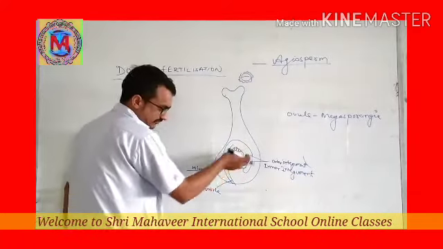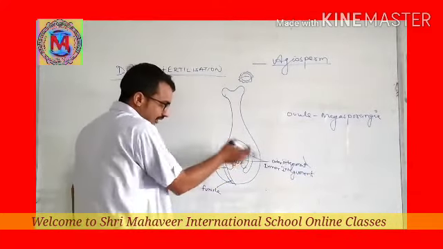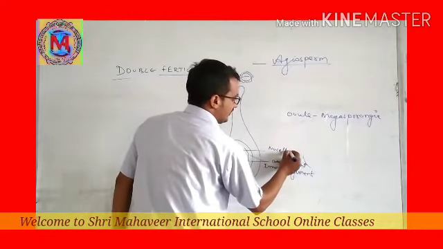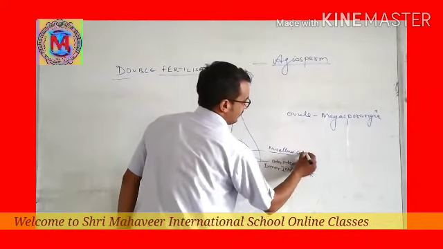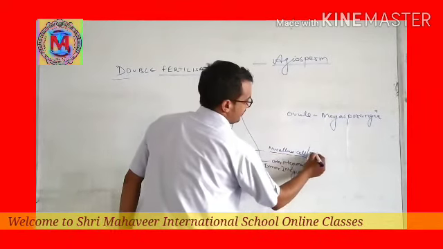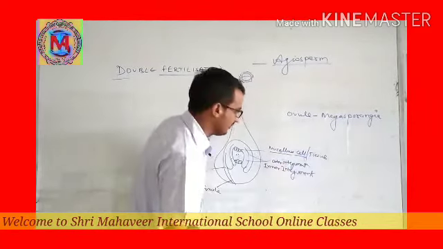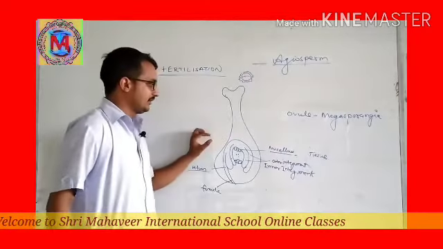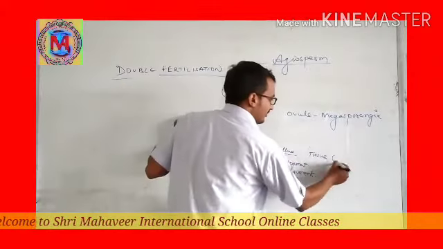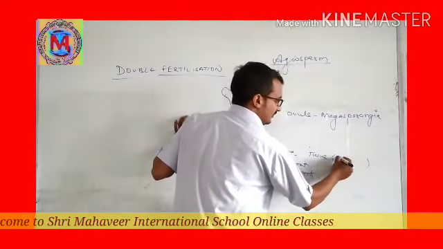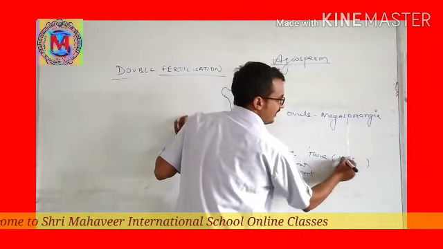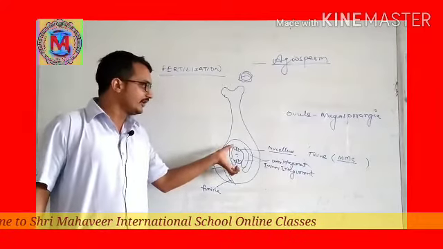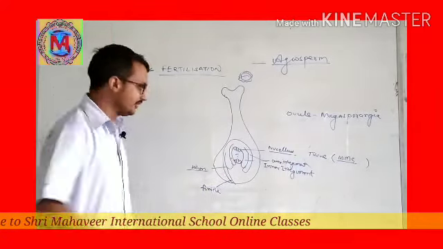And this one. Which kind of cells are there? Nucellus cells or tissue. Nucellus tissue is present in this. And in the nucellus tissue some other cells are also there. They are known as megaspore mother cells. One megaspore mother cell will give rise to the embryo sac. This we have already discussed.